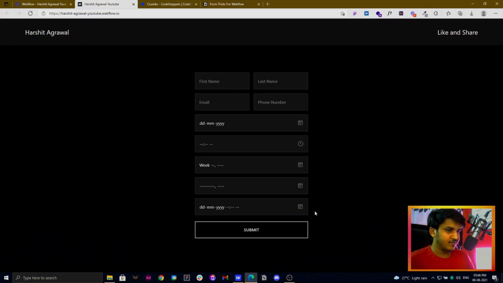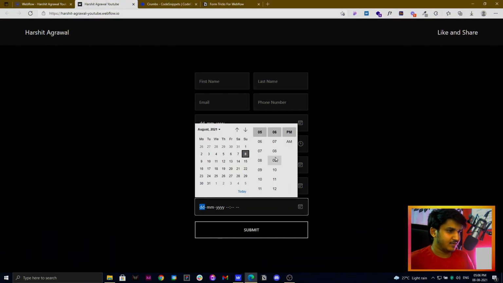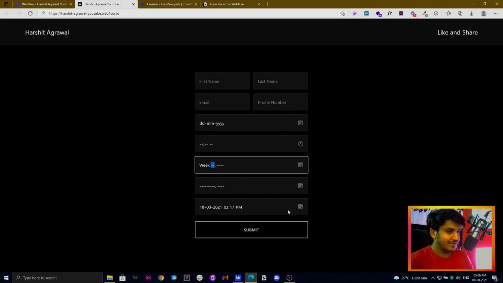And I already have that here, so when I click here, you can see I can also scroll and select the time, and you can use the up and down arrow keys, and you can also have the date. So this is how we created a very simple basic date picker.